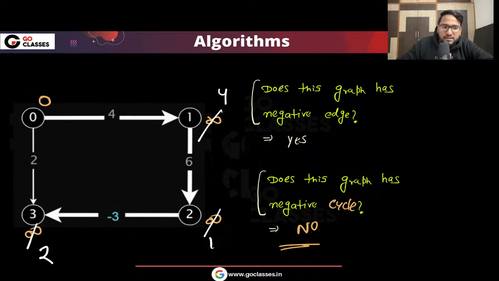Even though there is a negative edge, is this giving you the correct answer? Tell me. This is 4. This is 6. So this is 10, and then this is direct, which is 2. Yes. So the answer is correct, right? So here,